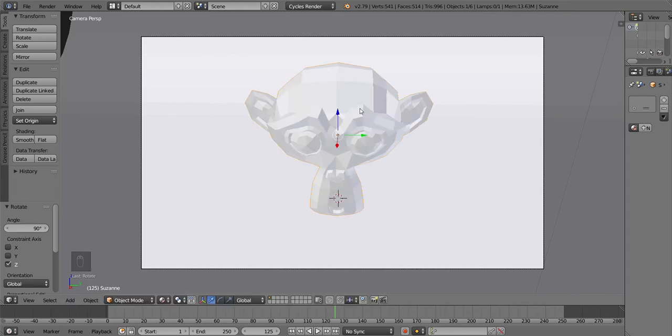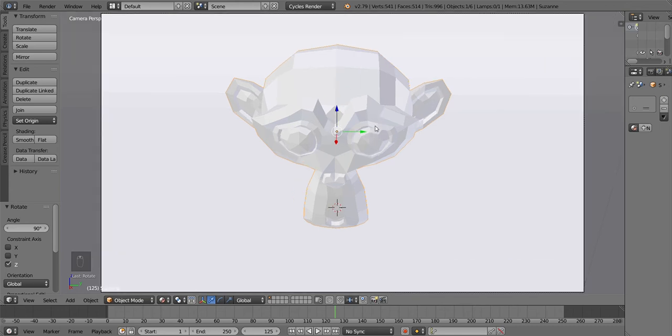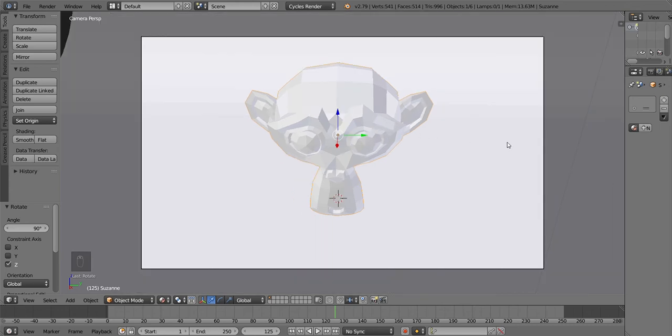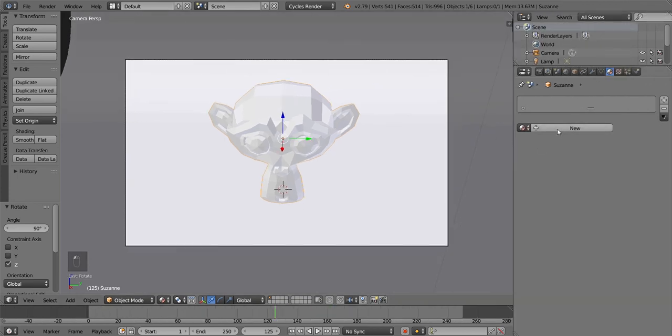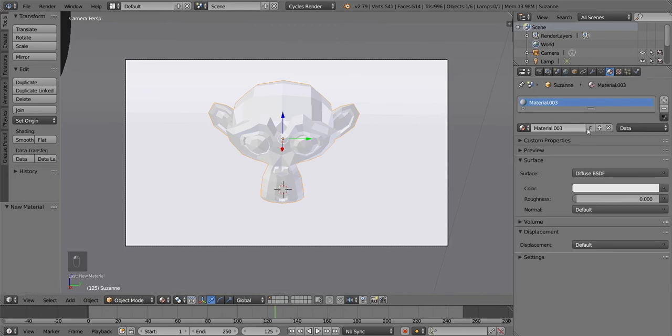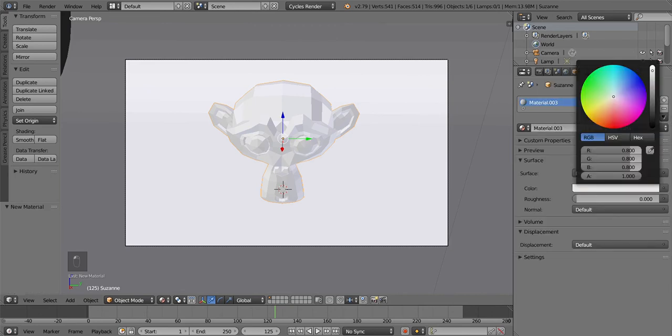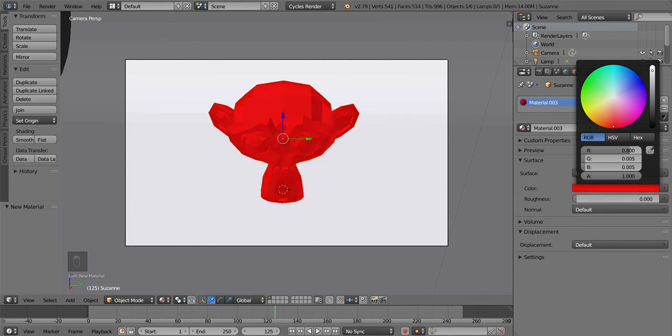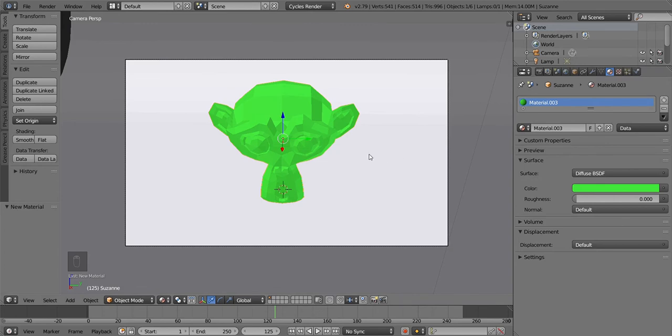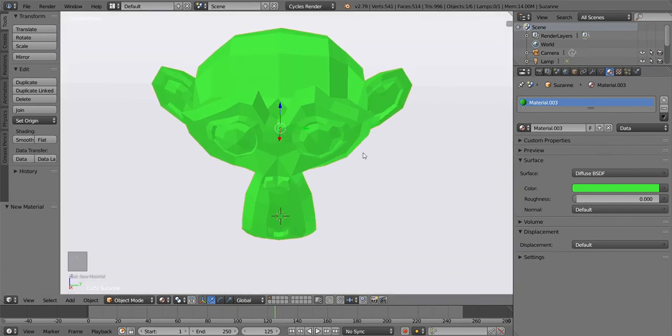What I did was rotate it on the X axis by 90 degrees with R X 90, so that it comes into our camera frame nicely. Now I'll add material to this. This is the materials tab. Add a new material to this and we'll color it red or maybe greenish. Okay, now that we have colored it greenish, we don't want the eyes to look green as well.